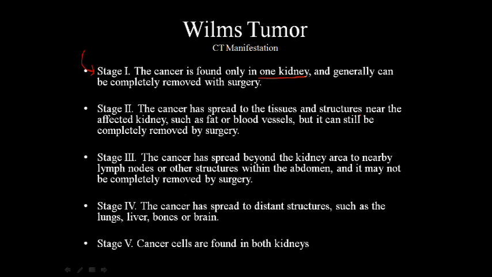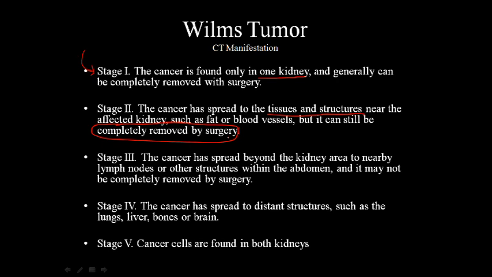Stage 2, the cancer is spread to the tissues and structures near the affected kidney. And so it's around tissues and other structures, but not in the other kidney. It can be such things as fat or blood vessels, but can still be completely removed by surgery. Once again, surgical intervention can be